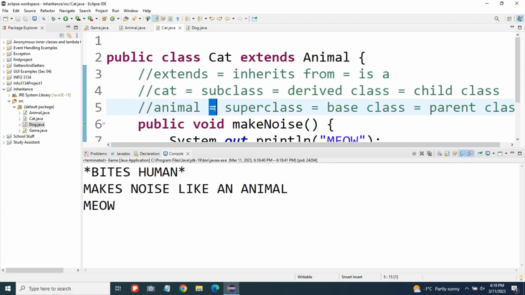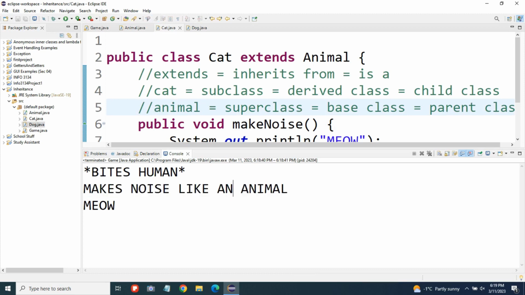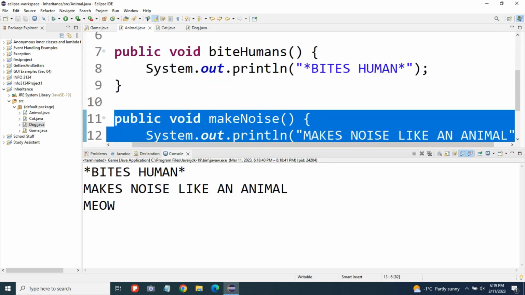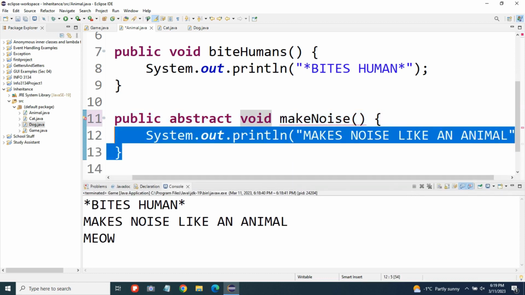And then maybe for the purpose of our program, we decide, hey, I don't want animals just to be able to make noise like an animal. That's too generic, that's ambiguous. I want to know if they bark or if they meow, if they ribbit or whatever. So then we can just go into our animal class and we can make this method abstract. So if we go public abstract void makeNoise, and abstract methods don't have bodies, so we're going to get